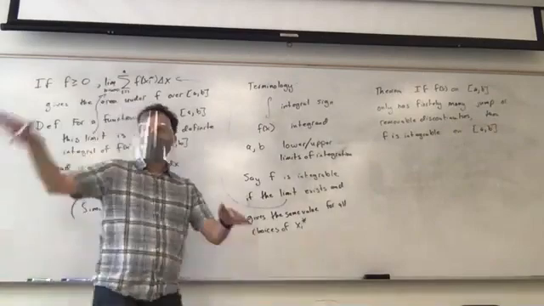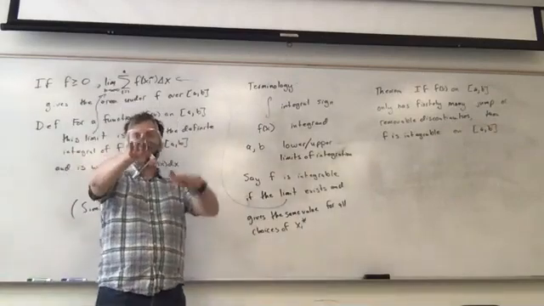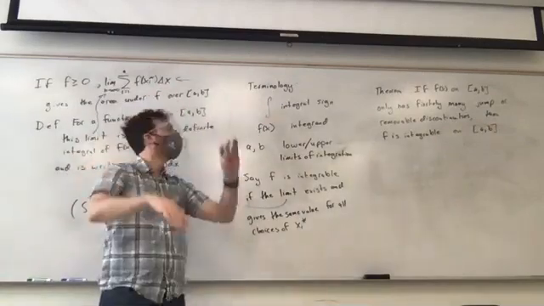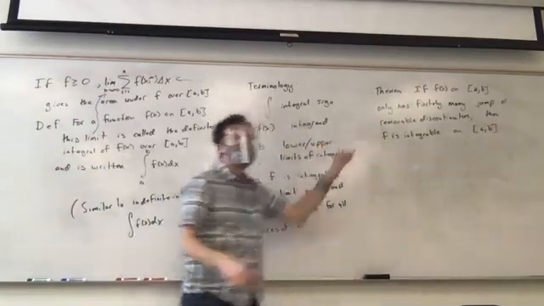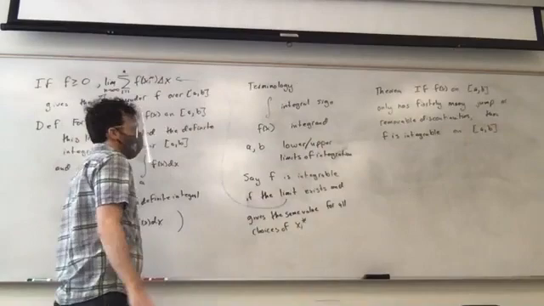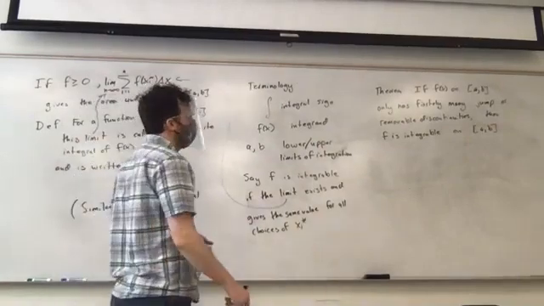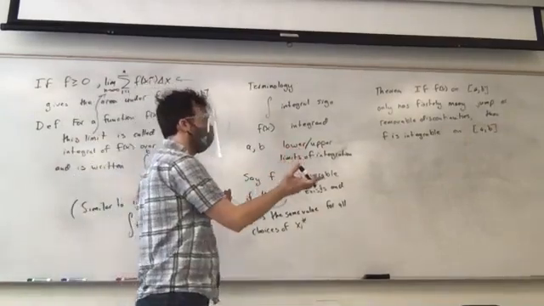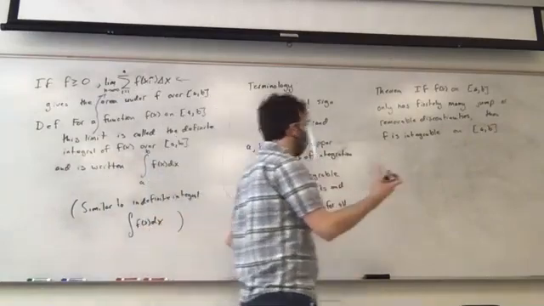So jumps, you're going in one place to some point, then you jump up to another point. Removable, this is when you have a hole in your function. And the idea is that if you have a function with finitely many of these,